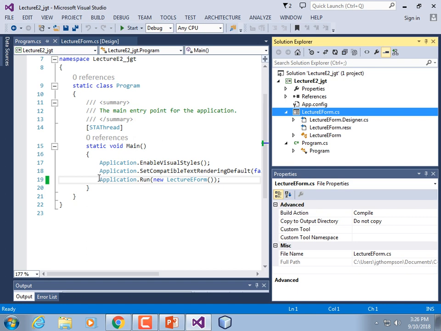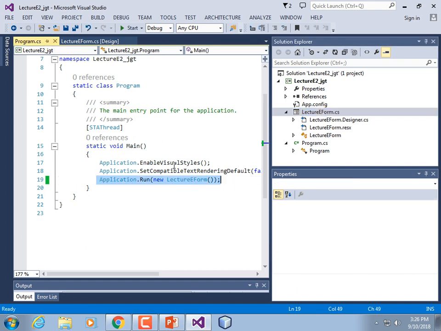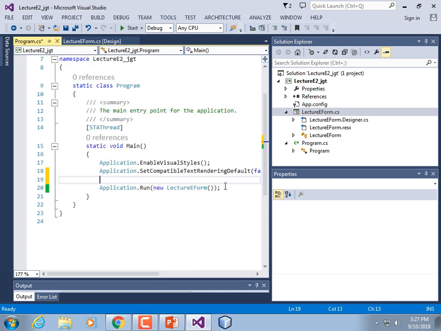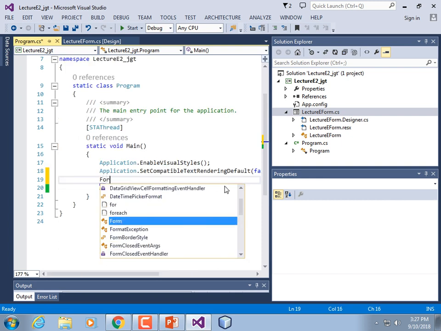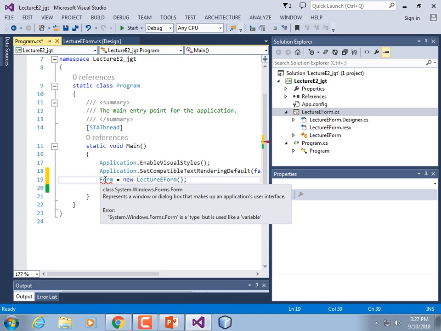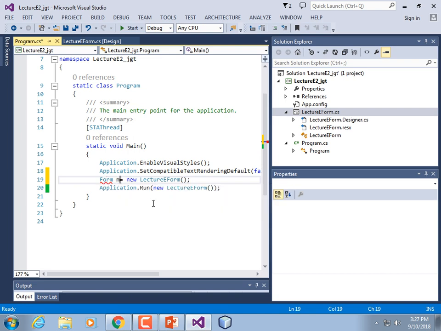All right, and now you see when this application loads, when it invokes main, what it's going to do is create a new lecture form and then call .run. Now I don't think I feel like monkeying with main at the moment too much, but maybe we ought to try something just because messing things up is fun. So what we're going to do is create a variable called form is equal to new Lecture E form, like that. And then where it says application, okay, it doesn't know, I didn't give it a name. Form, my form,